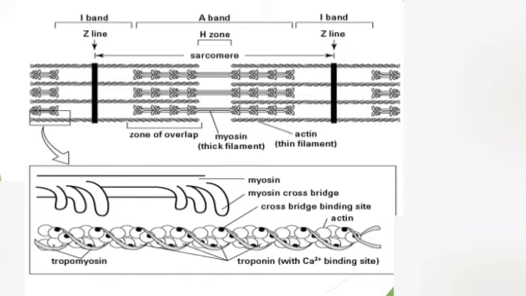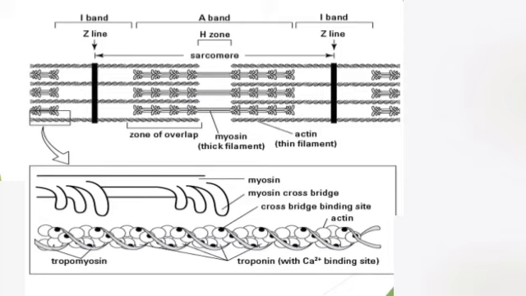And as you can see in the diagram, each actin filament is composed of two different types of protein. One is called troponin and the other one is called tropomyosin. What is troponin? Troponin is basically a calcium regulatory protein for the calcium regulation of contractile function in skeletal muscles. And what is tropomyosin? Tropomyosin is an essential thin filament protein. Its function is to regulate muscle contraction and relaxation through the interaction with actin and myosin and the troponin complex.